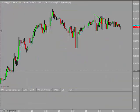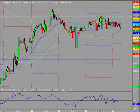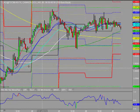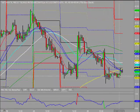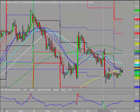And finally, the Canadian dollar. Excuse me, I'll clear that one out of the way. Canadian dollar, well, let's just look at oil, just to give you a picture of that. I'll give you oil at 60 minutes. You can see, apart from the move at 3 o'clock, I did warn that we would potentially see a bit of volatility when the